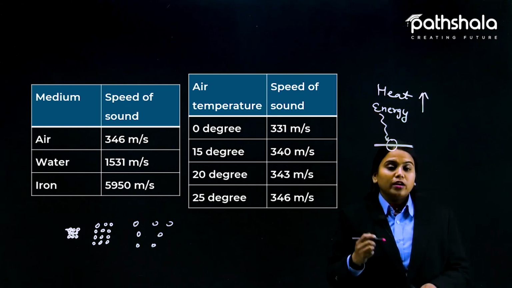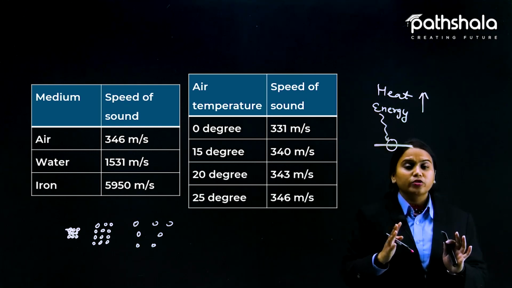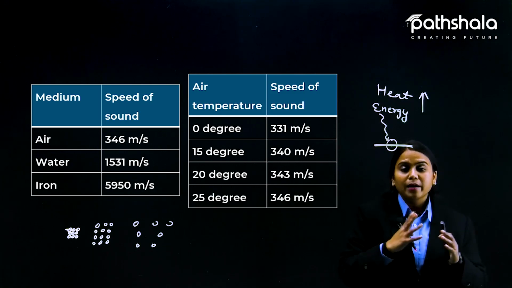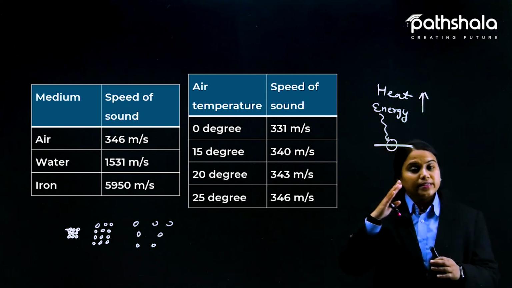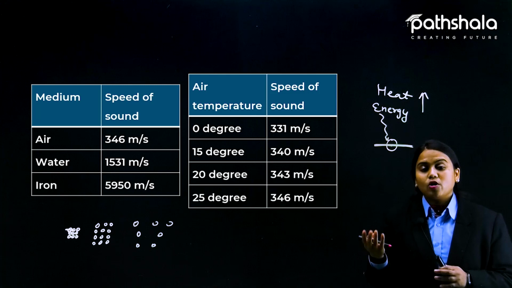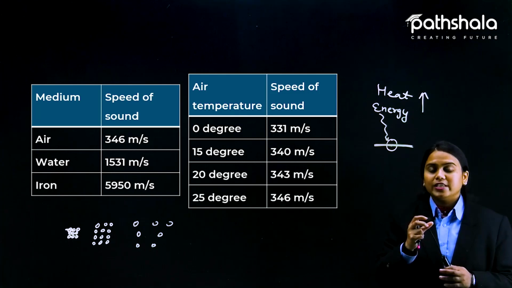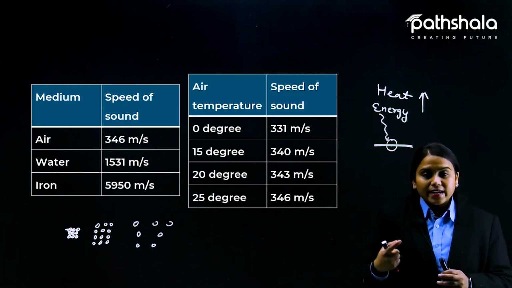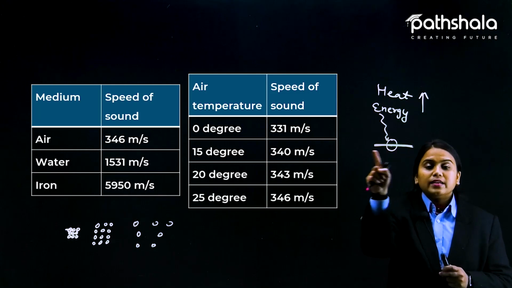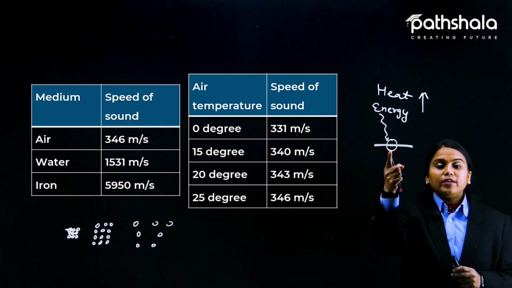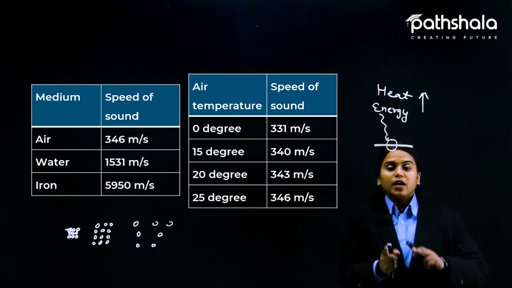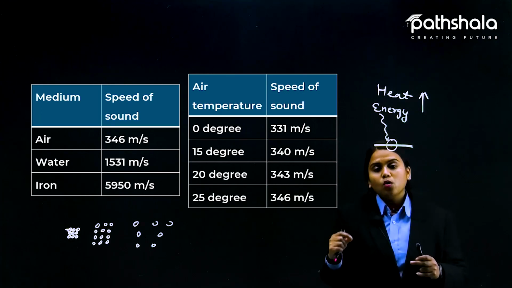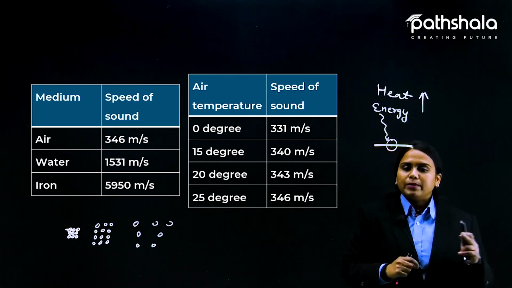Earlier when it was cold, it also happens when winter comes and it becomes very cold, what happens? We feel inactive, we cannot do much work, the body gets inactive. In the same manner, atoms also get inactive, because due to less energy, they will not vibrate. But when the temperature keeps rising, the particles start moving in a zigzag manner. So this disturbs the other particles, and those disturb the next particles, and this is how the chain goes on, and now the sound travels from one place to another.